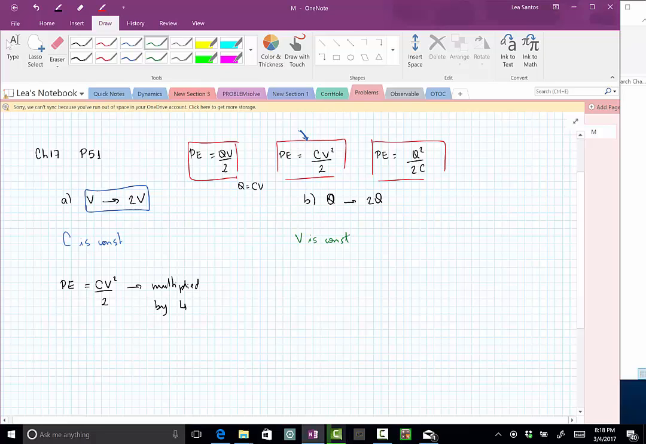What is the best equation for me to use among those three? This one. So I don't need to think much. Since V is constant, I just need to take into account that Q is now twice as large. So this is the equation I'm going to use to answer this question. QV divided by 2. Since Q now is twice as large, my potential energy will be multiplied by